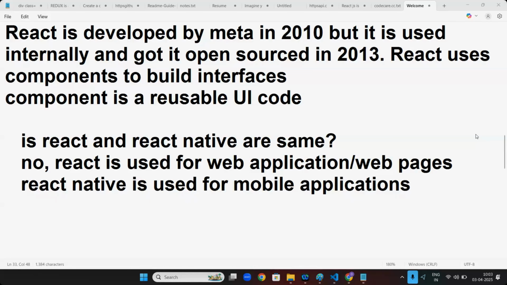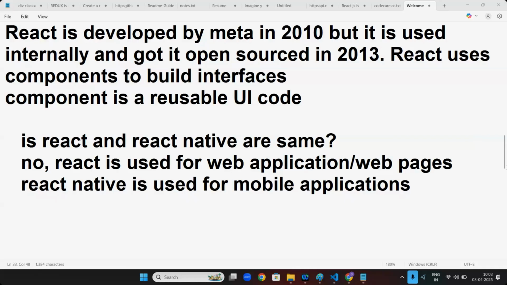No. Most people will think they are the same. No, they are not. The code looks the same. If you know React, you can learn React Native in about one day, which is not difficult. If you learn React and want to become a mobile app developer, you can do it immediately. Within 1-2 days, you can learn React Native. It's not a big deal.